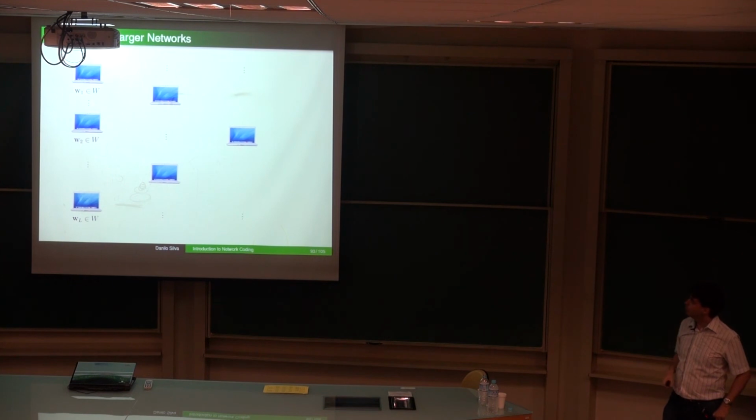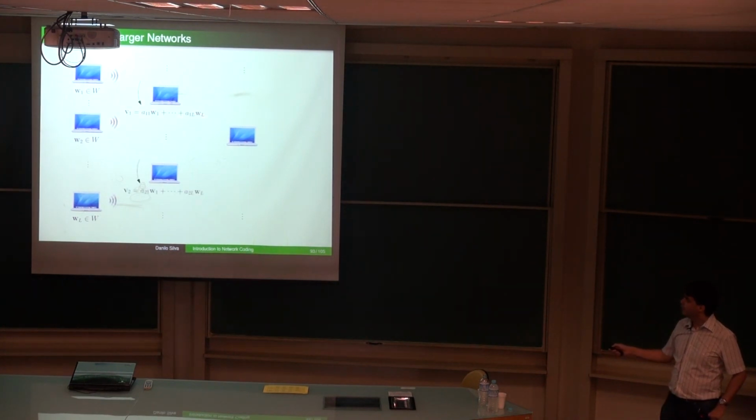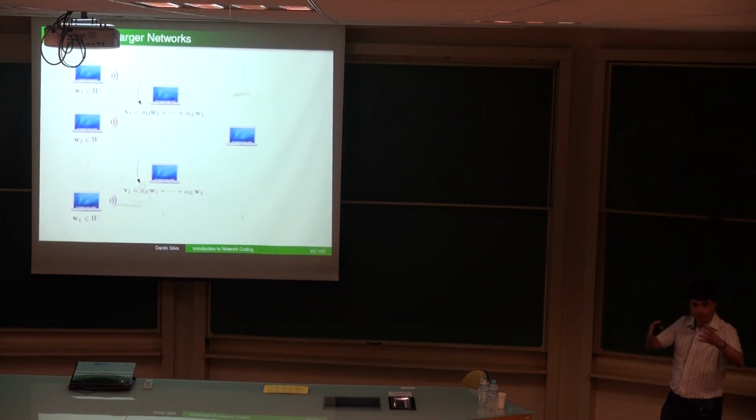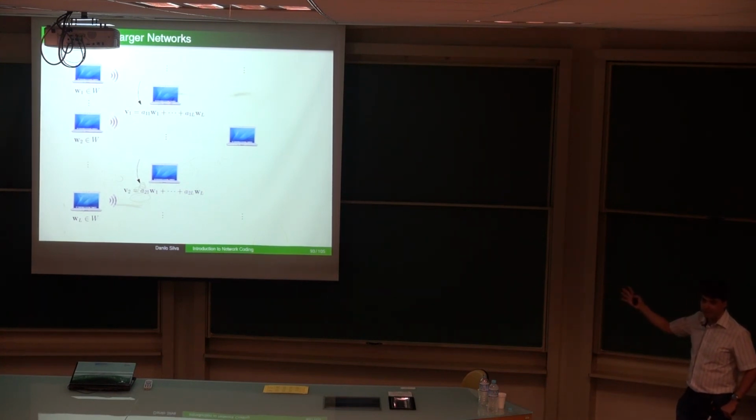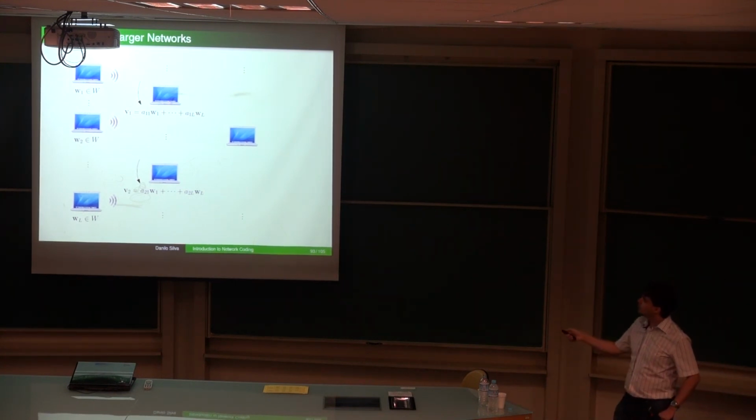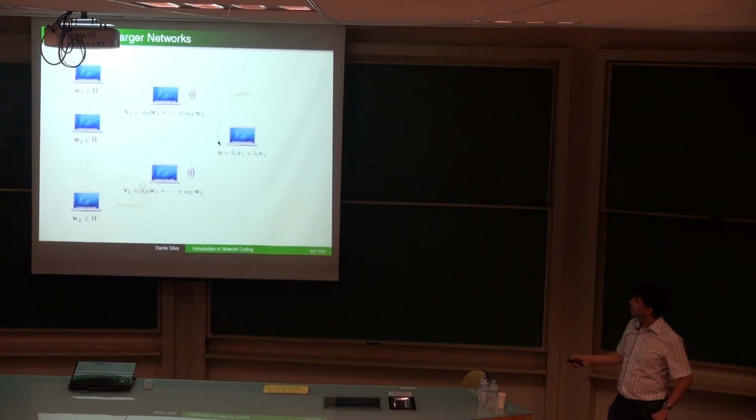So let's just suppose a much larger network with L transmitters. They all each take a message from this message space, and they transmit, and then let's say this relay will get some interference between all those transmissions, and then decode to a linear combination over this message space, which now may be a module. Right? But once they do this, they can then again forward that linear combination to other users, and so on and so forth, until